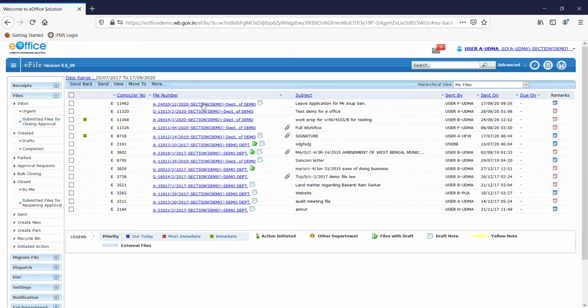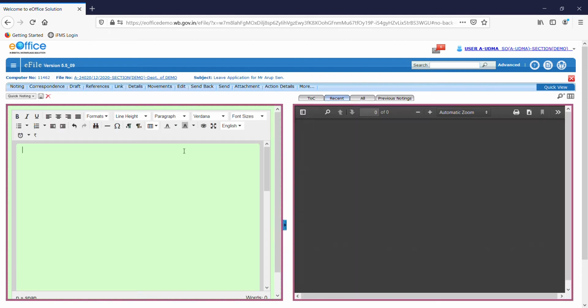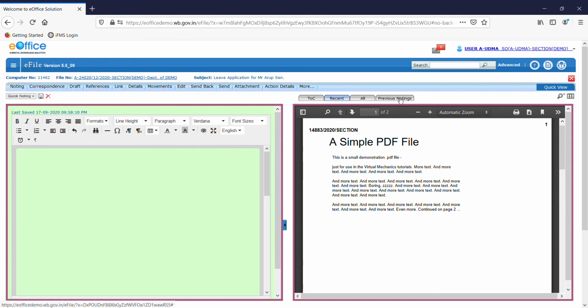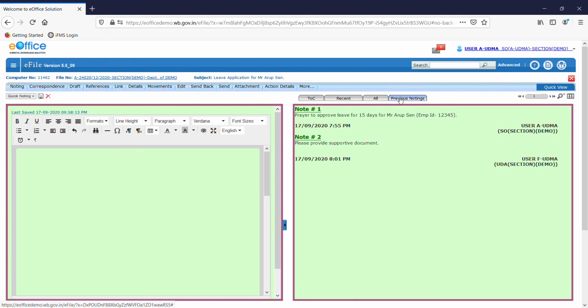Here we are able to see our inbox. Now we are clicking any of the files to write our note. Here we see what previous notes are already available for this file.